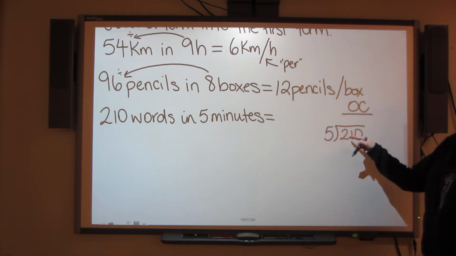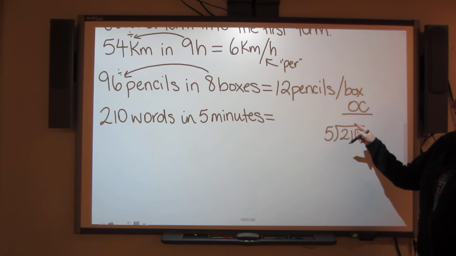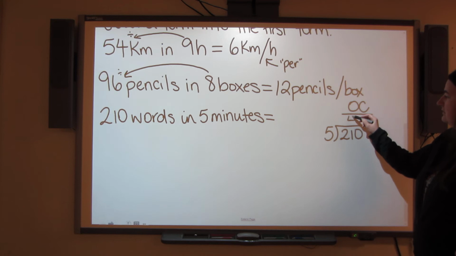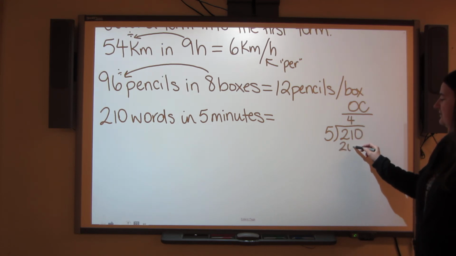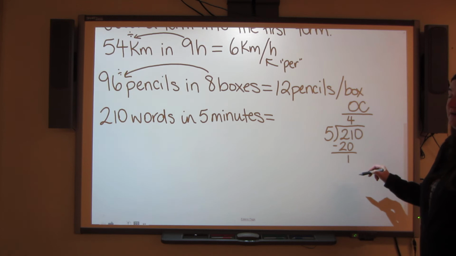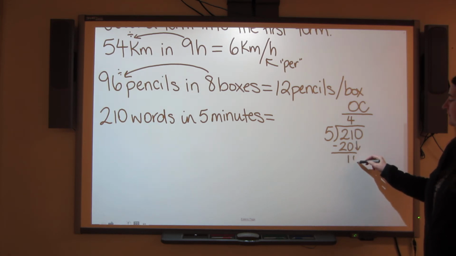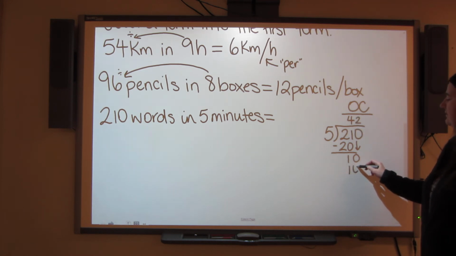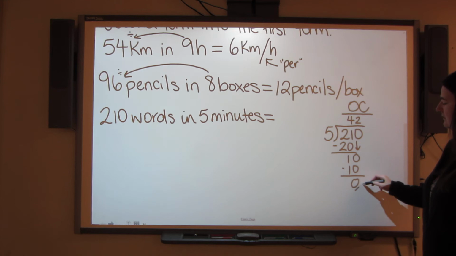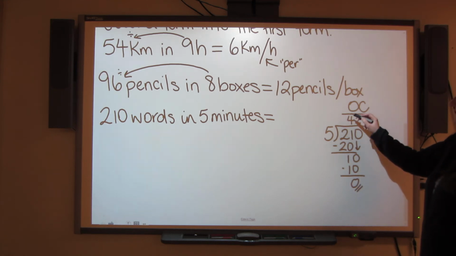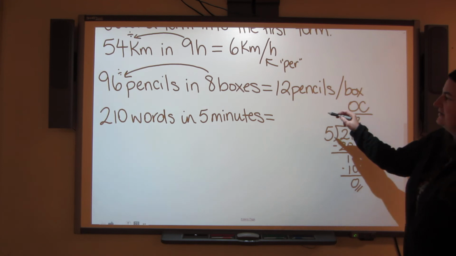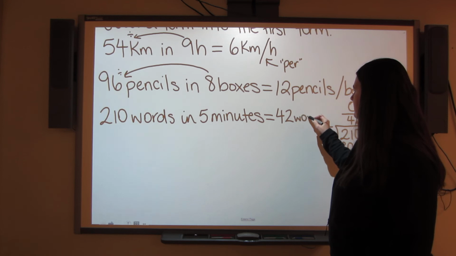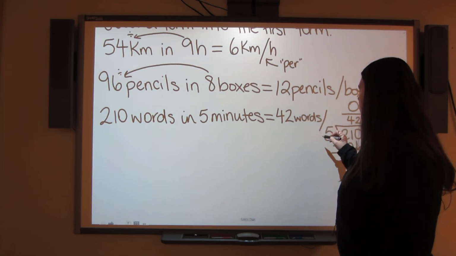So 5 can't go into 2. 5 can go into 21. So 5 into 21 goes 4 times, which is 20, with 1 left over. 5 into 10 goes 2 times, which is 10, with 0 left over. So that means 42 is my answer, so I'm going to take my 42 words per